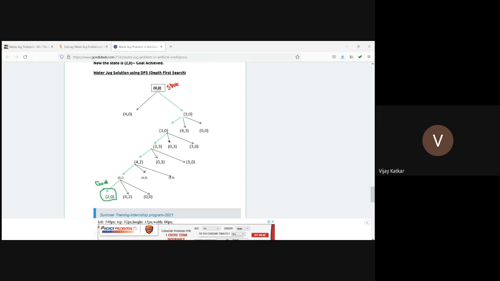Whatever capacity you want to use, you can select. When it comes to language, that is also up to you. You can implement it using C, C++, Java, Python, Prolog, whatever language you want. There is no constraint. The only thing is you have to implement the code and submit it along with the output.